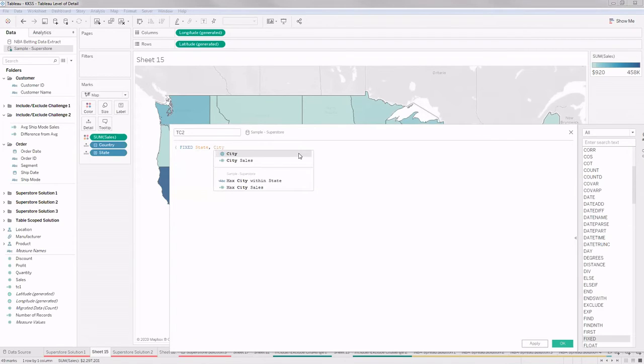So we need to check at the city level, so we need to get the sum of sales first at this level. City level sales. Why am I giving state and city? Because if there are the same names of cities in multiple states, it will not club those two things.